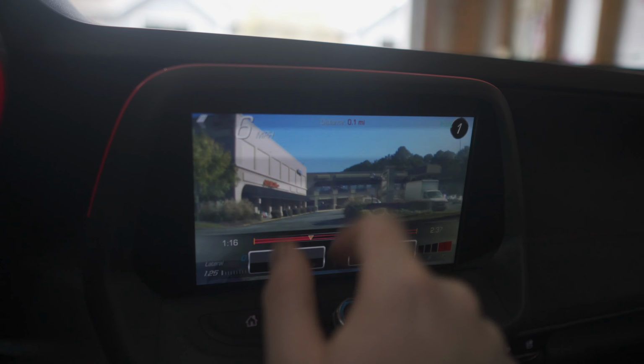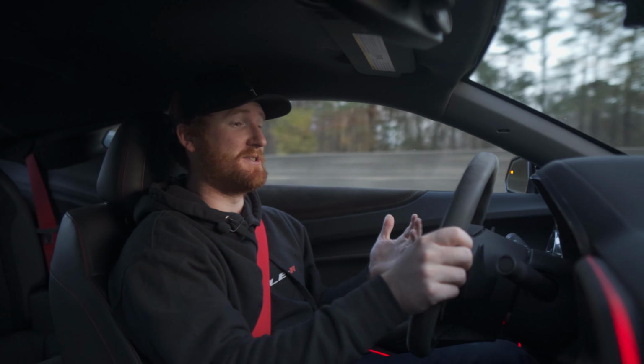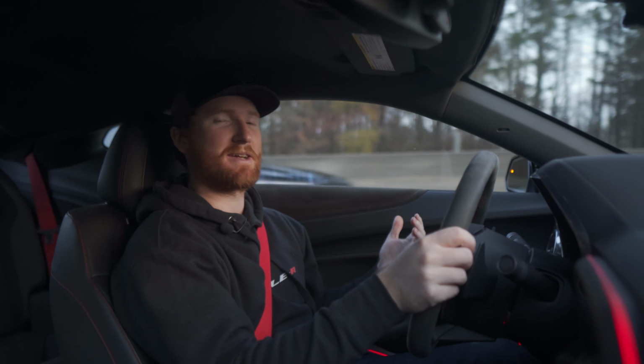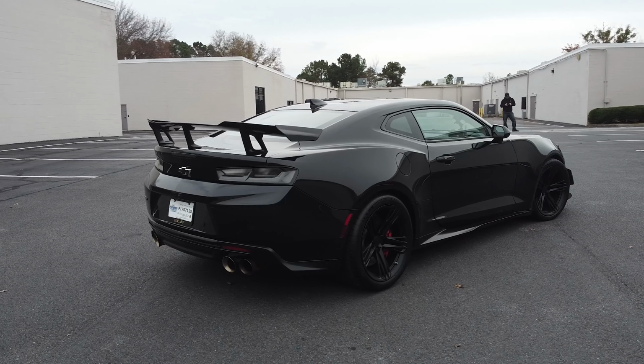It also has heated and cooled seats. Now the only main difference that I noticed going from a Camaro SS to a ZL1 as far as the driving experience is concerned is that the clutch is a little heavier to modulate, but that's kind of expected. You have 650 horsepower to manage. And then also that rear wing